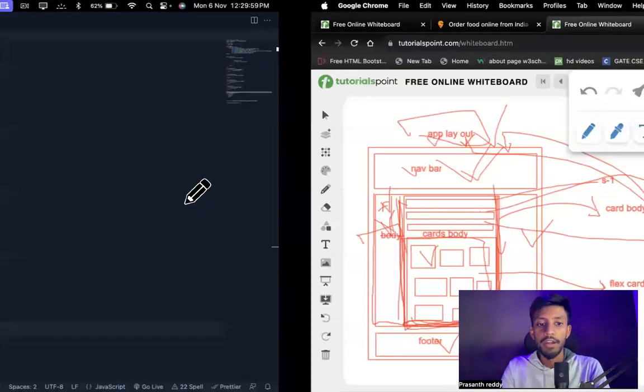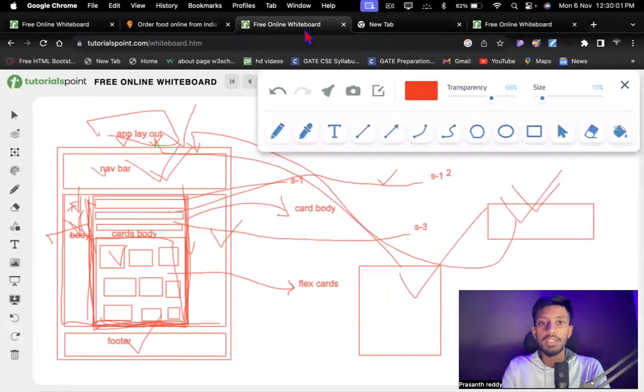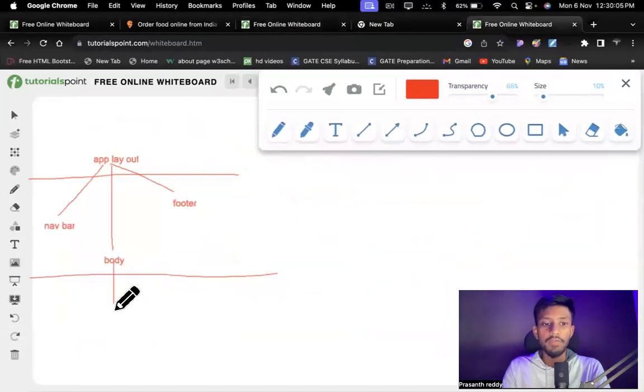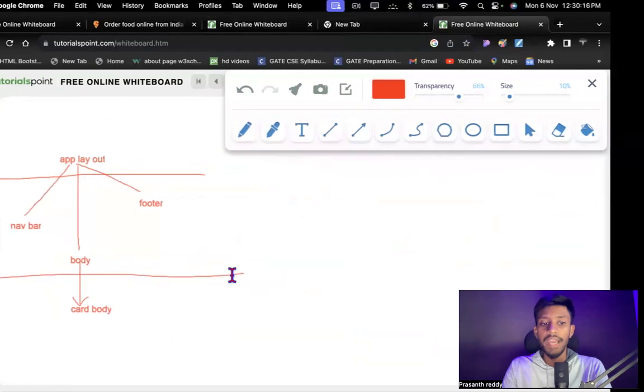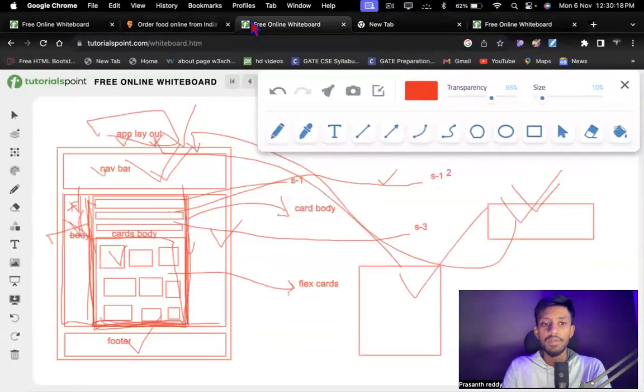Let's go and build the card body. Inside this body we have only the card body.